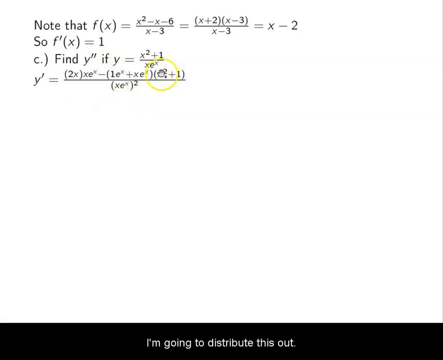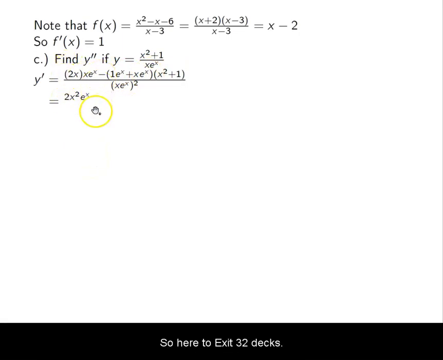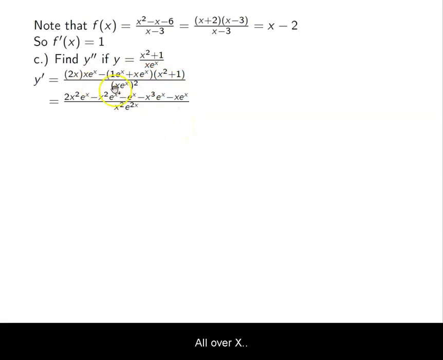I'm going to distribute this out. I'm going to multiply this out. This is 2x squared e to the x, okay? I can distribute this. I'll keep it negative, and then I'll distribute the negative later. So here, 2x squared e to the x minus x squared e to the x minus e to the x. So I'm distributing this negative as well. Here I'll have minus x cubed e to the x minus x e to the x